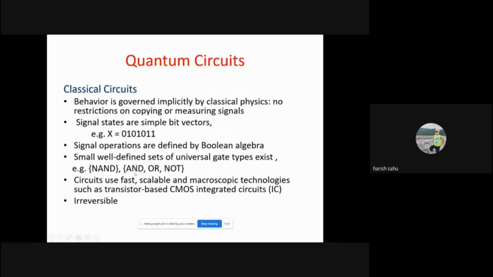So this classical AND gate is reversible or irreversible? This AND gate is irreversible, and generally all classical circuits are also irreversible. Means we cannot go in the back direction, or we cannot go from output to input. We cannot go uniquely.